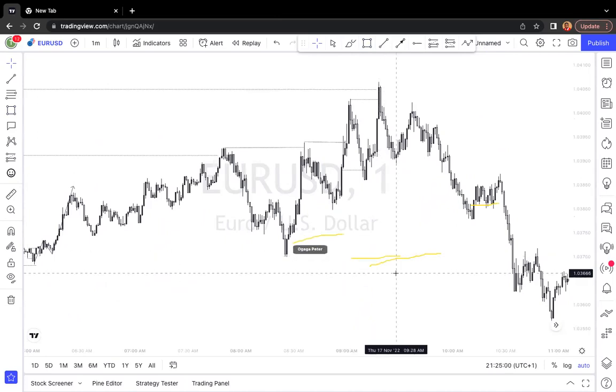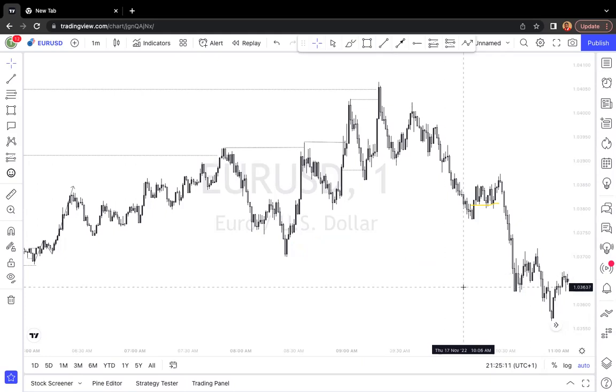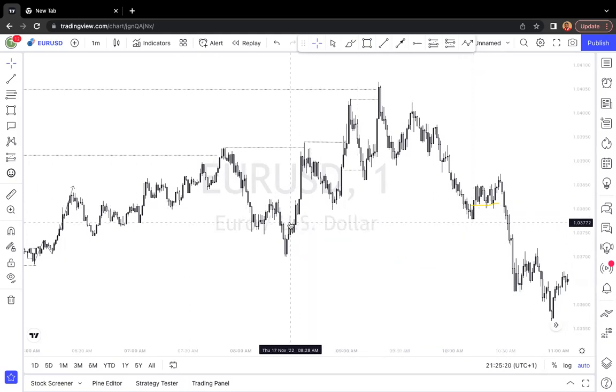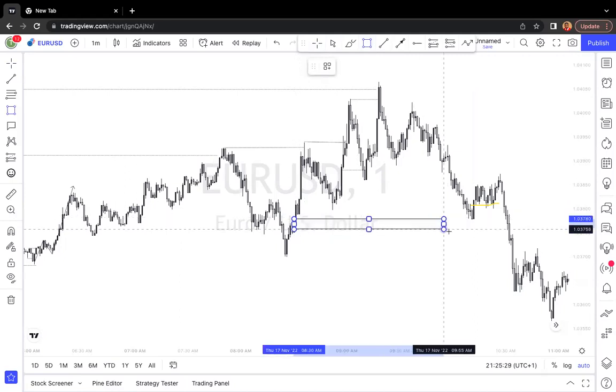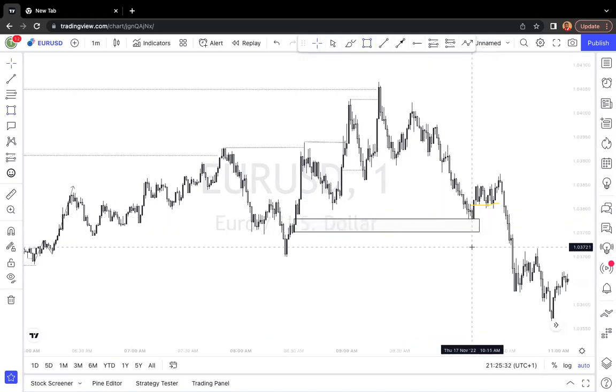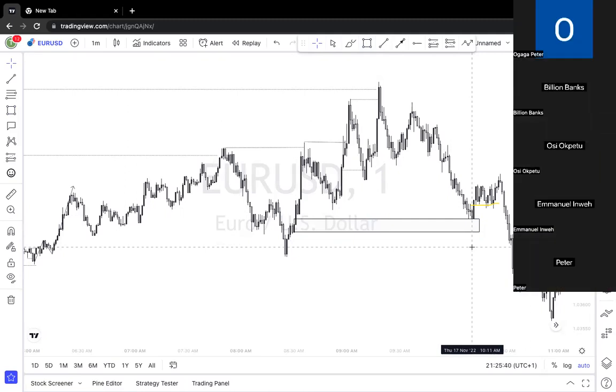Clear your annotation. Call the price point so I can mark it. You're talking about this place. Yeah, I'm talking about here. Yes, that place. Now, look at what price did with your order block. Is this the move you want to be trading? No, I'm talking about it as liquidity.